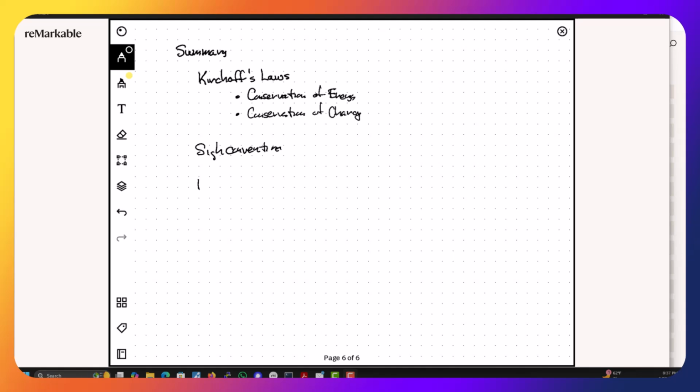Okay, and the process is: guess and label the currents,